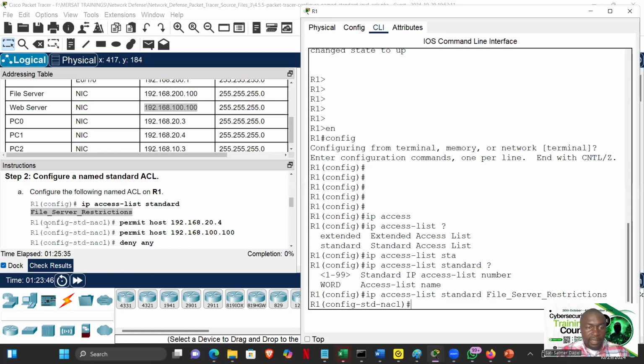Now, the next thing, if you observe, the prompt has changed. It's telling me that I am in a named standard access list. And you see standard. If it is extended, you will see EXT. Okay. So I am going to now say permit host